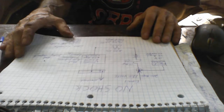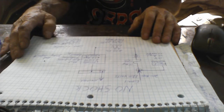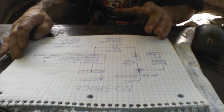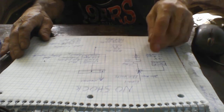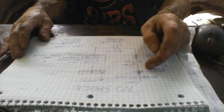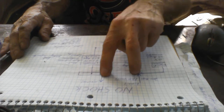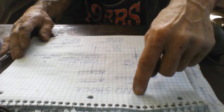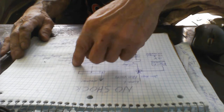Okay, now we've covered everything here. Everything has been covered in its technical aspects, so we know what was going on. Now with the short, what I was doing was coming from here to here, from hot in to neutral, and all that was happening is that the current was just coming through here, and so naturally the current dropped here